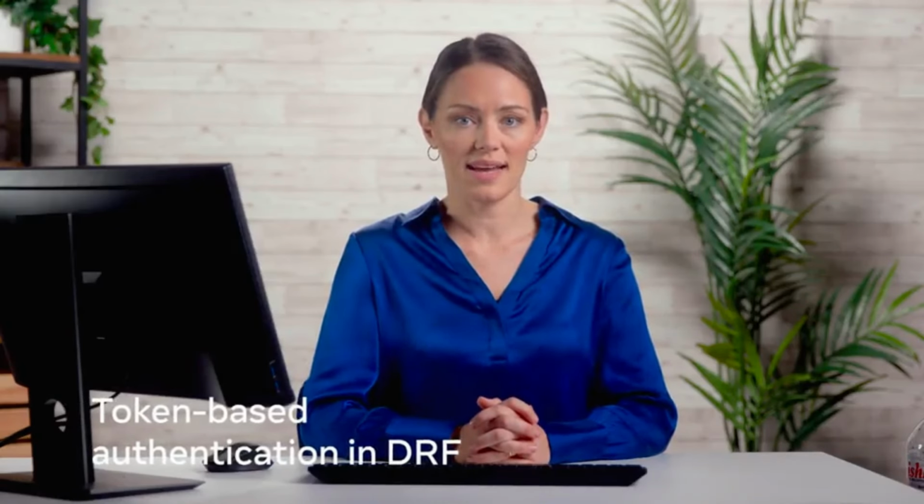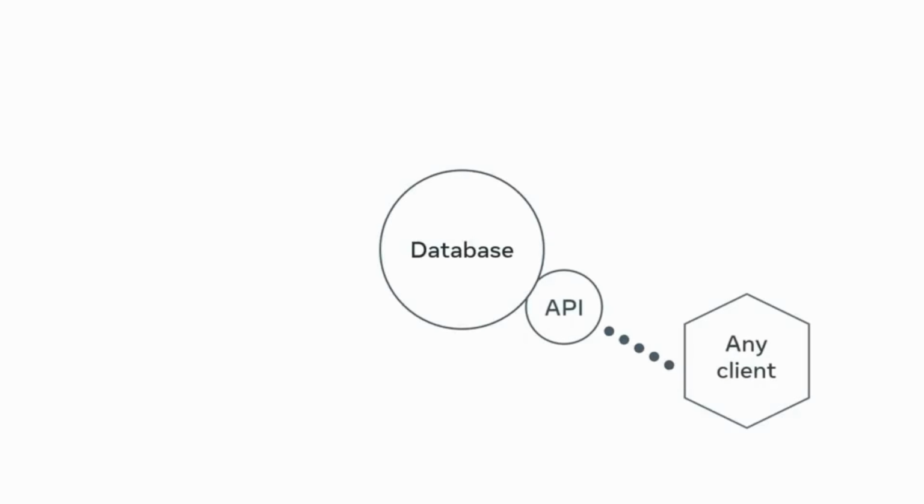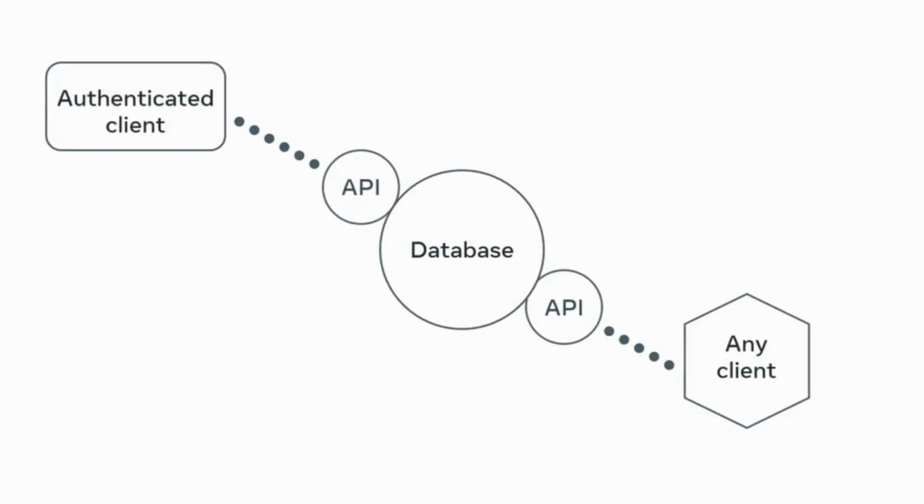Previously, you learned that APIs are the gateway to your back-end data. By using APIs, third parties can access your data, which poses the risk of data breaches or corruption. Some APIs are meant to be used by anyone, and some APIs, especially those that modify data, are meant to be accessed only by authenticated clients. In this video, you will learn how to implement authentication in DRF and then protect your API endpoints from public